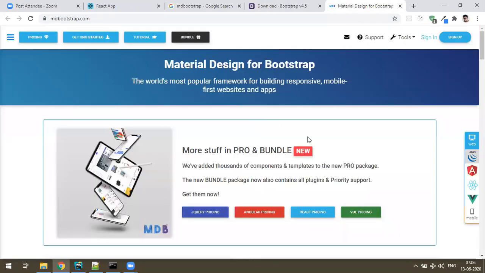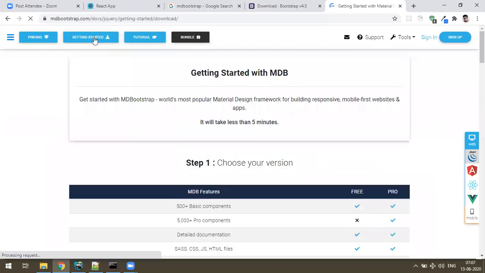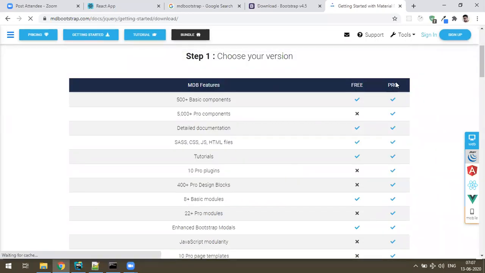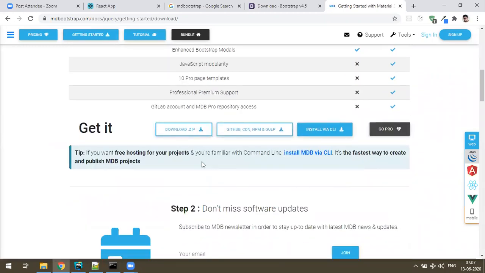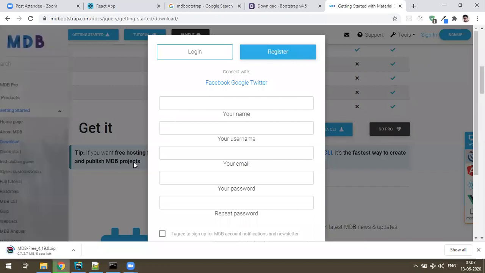So I need this one. The way to download is, we can just click on getting started. Choose your version. You have the free version and the pro version. I actually need the free version. So you can just come down, and there's a button, download zip. Okay, it is downloading. Okay, it's fine.